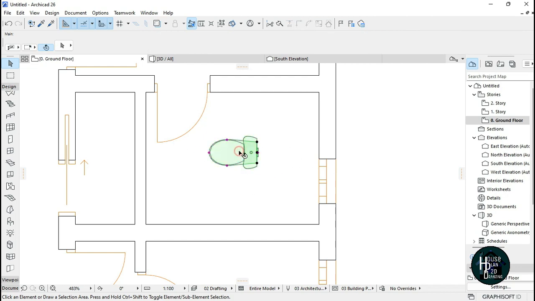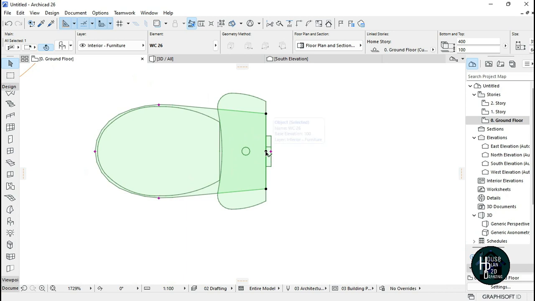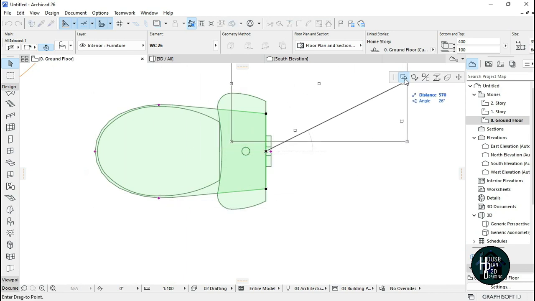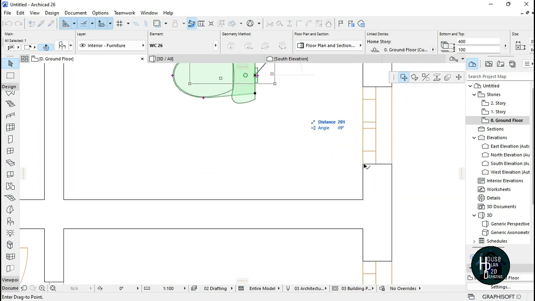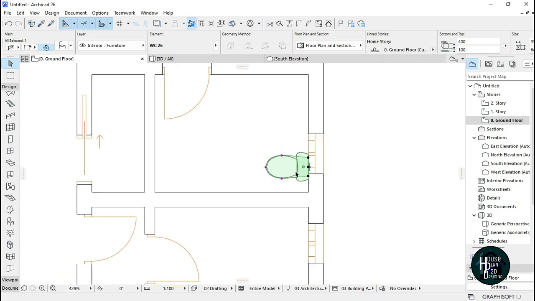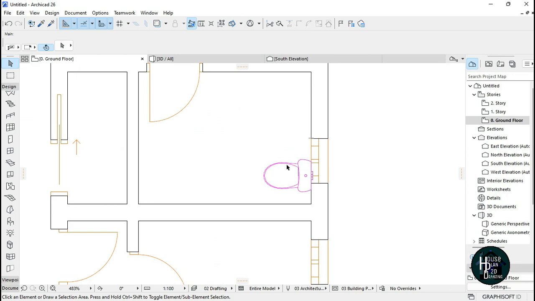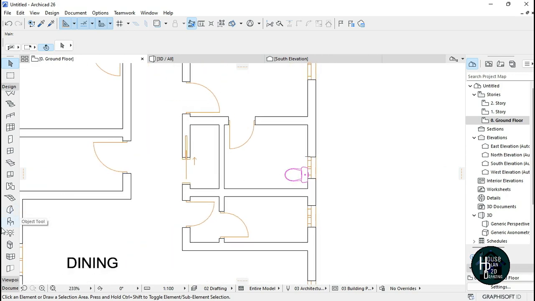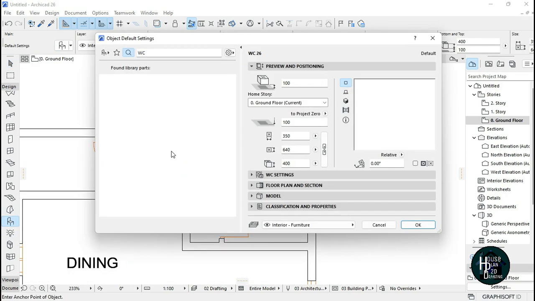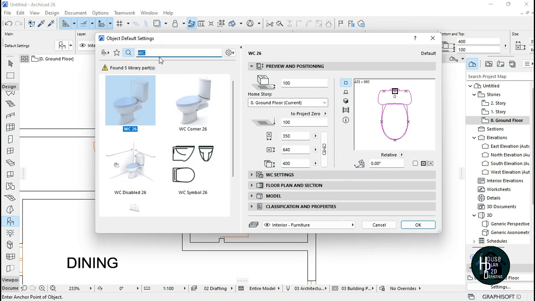Okay, so I'm going to click on the toilet, click on this node, this black node. Make sure you are selecting this drag. Now you can come here and select where the toilet will be, maybe around this side here, it's your choice. You can come to this object tool and search for whatever you want to search for. It might be tab,